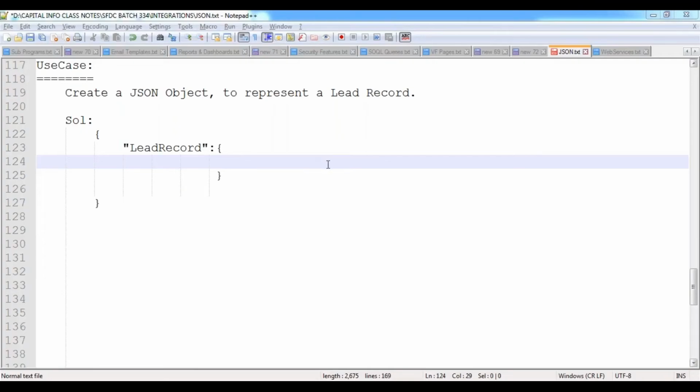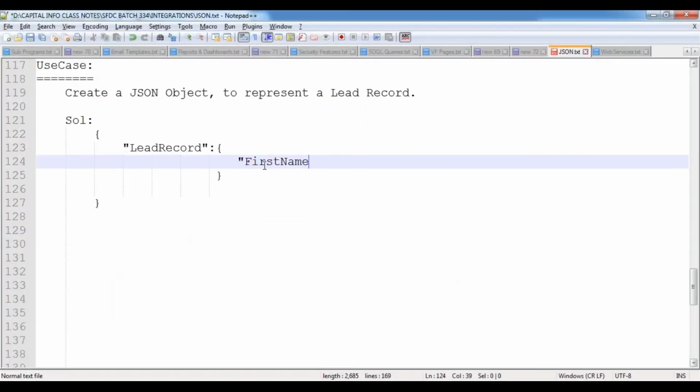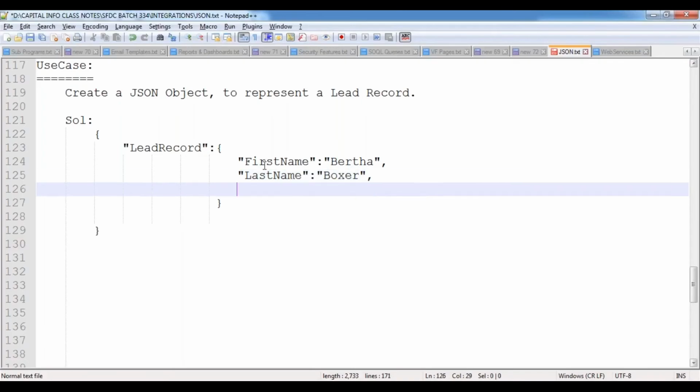Lead is nothing but a record which contains a collection of elements. The lead record has many elements of different data types, so I want to represent each and every element inside this object. For example, here I have the first name, so we can indicate the first name as Beta, comma. Last name, Boxer. So this is the Beta Boxer lead record. And then I'm indicating email ID, like bboxer@somegmail.com,